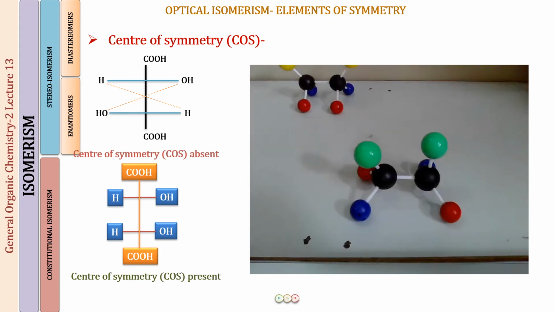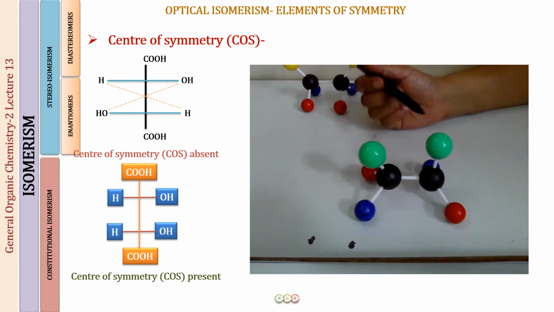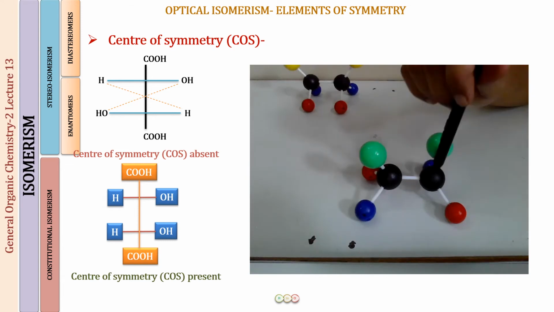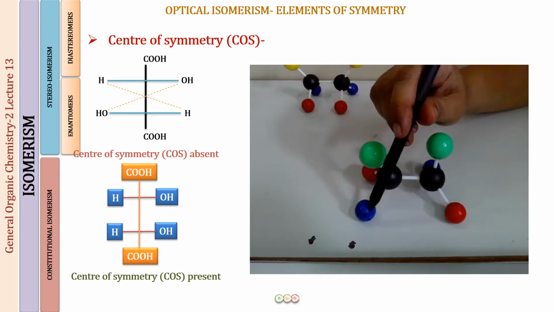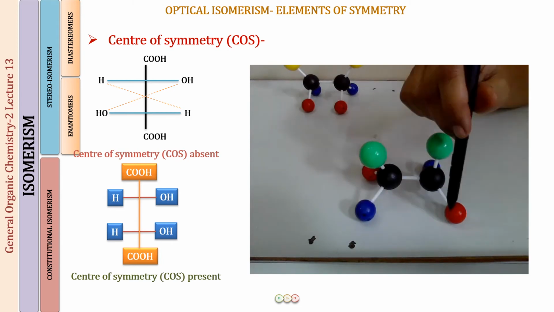So here what we want to find out is whether this compound has a center of symmetry or not. From the Fischer projection, what you were thinking was that this compound had a center of symmetry. Fine. So here now what you can see is that this is the point which you were imagining in the Fischer projection to be the center of symmetry, between the two carbons, the bond. Fine. So if I move this side, I will be encountering a carbon, this side a carbon. Okay, if I move forward, I will be encountering a blue ball, going backwards a blue ball, a red ball, going backwards a red ball.